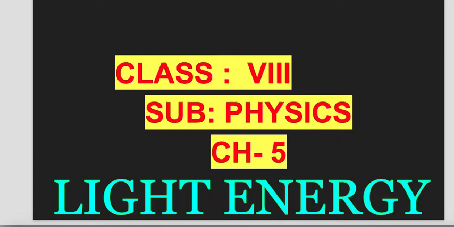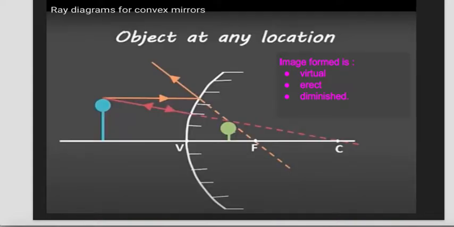May I know what is a convex mirror? Yes. A convex mirror is the one which has the inside part polished, or silvered. So the incident ray and the reflected ray are on the bulging part of the spherical mirror. So this is what a convex mirror looks like. Fine, my dear students.